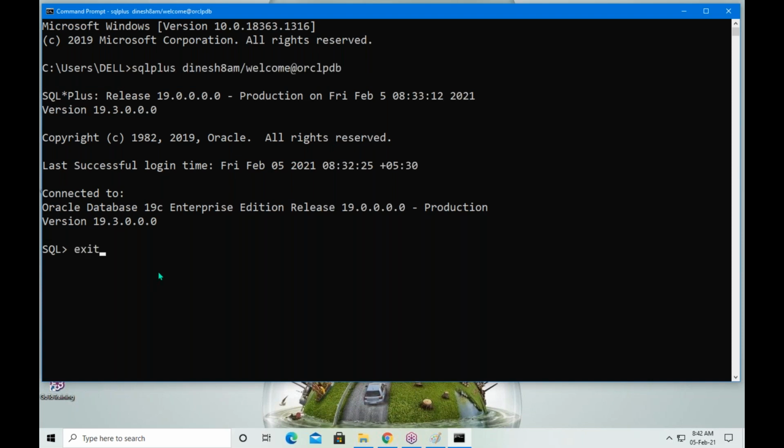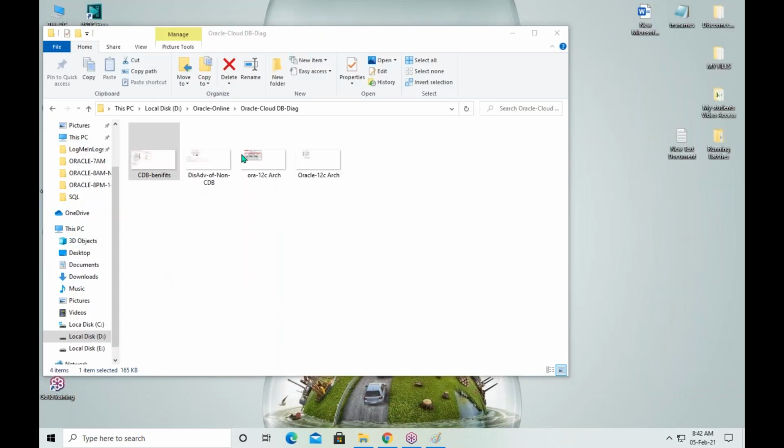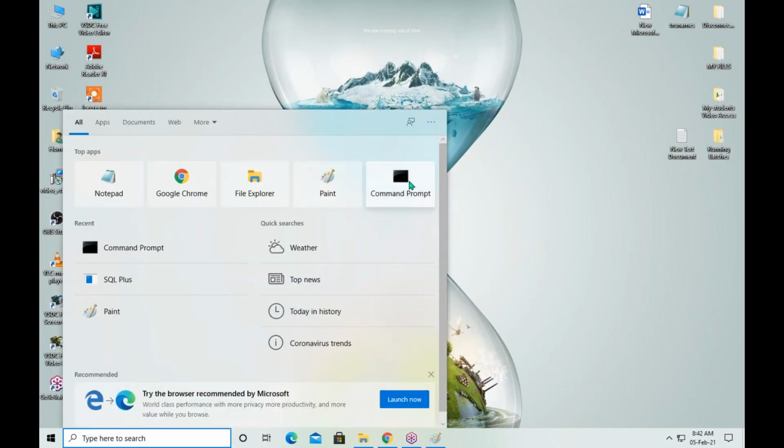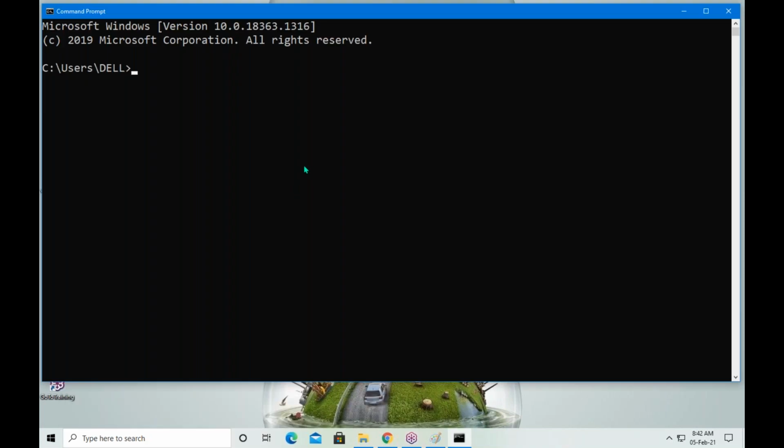Who will create user accounts in real time? The DBA. In SQL*Plus, with the DBA username and DBA password, the DBA connects to the local database.